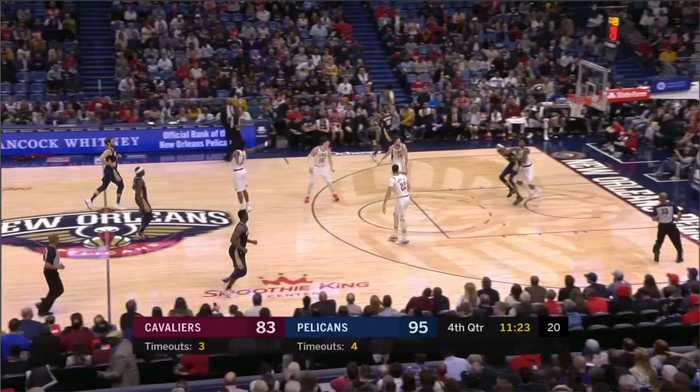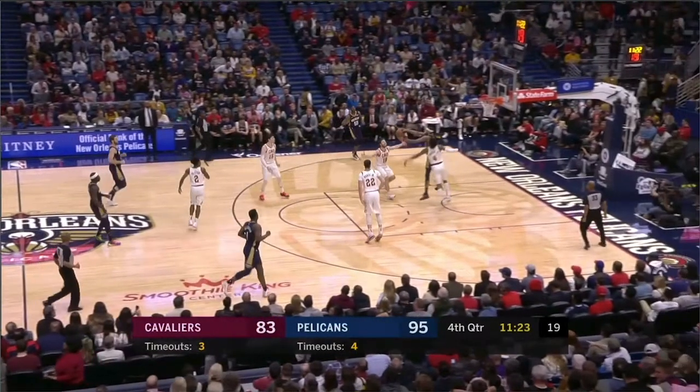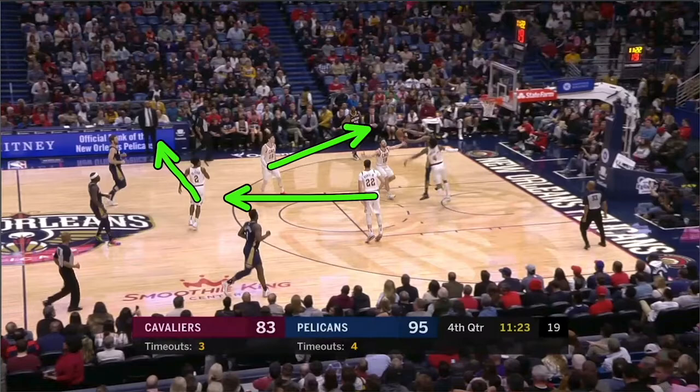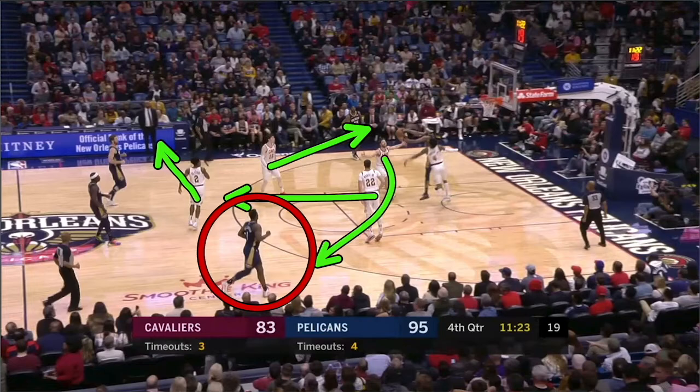Okay, mistake number two is, look at this. Matthew Dellavedova now is going to have to come help over the top right here. When that happens, now you got to rotate. Look at this player for Cleveland. What's he doing? He shouldn't be looking at the post right here. You got to go. He has to rotate here. Then this player rotates there, and then Larry Nance rotates here, and then this player rotates. Dellavedova went to help, so that just takes this last player for New Orleans.